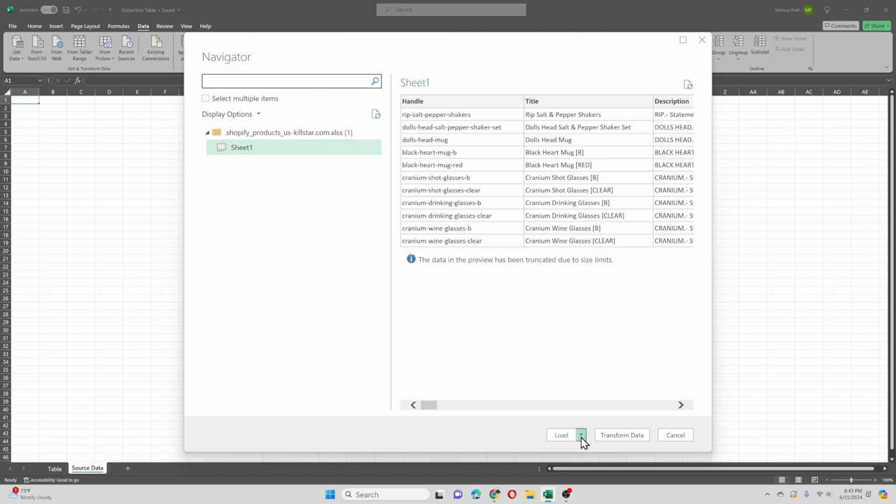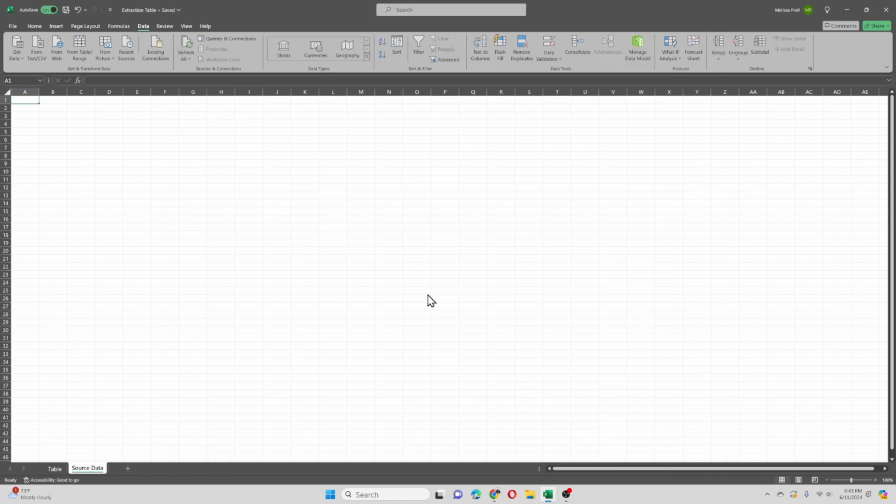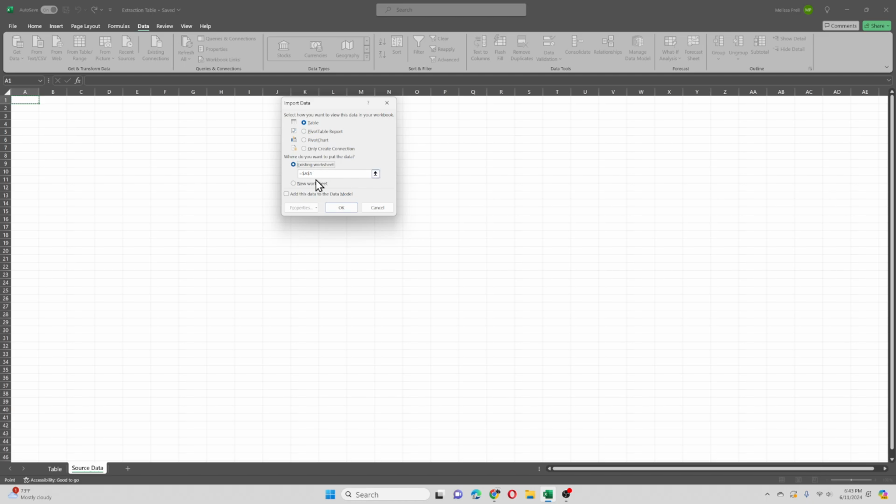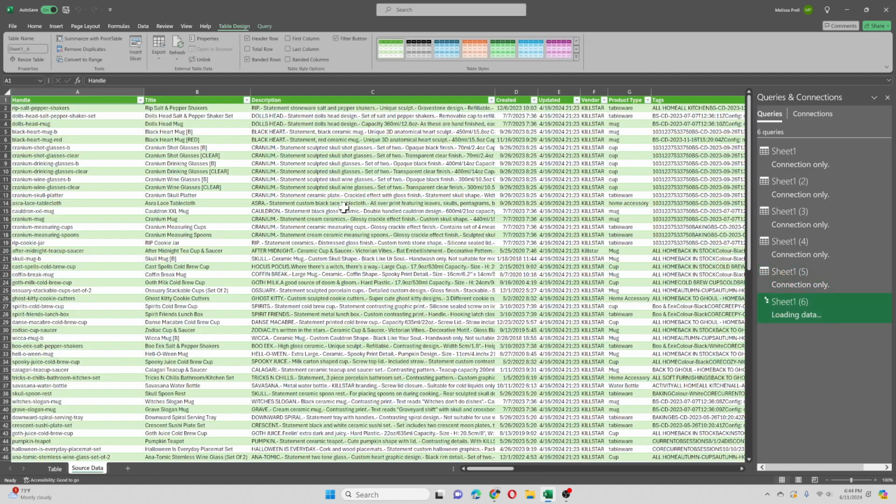We're going to go down here to Load, and select Load To. We want it to load to a table, which is the default. We want to load it to an existing worksheet. Make sure you don't pick new worksheet or it won't work in the future. So existing worksheet, and it's automatically set to A1, so it's going to start pasting the data into A1 and fill the rest. Okay,